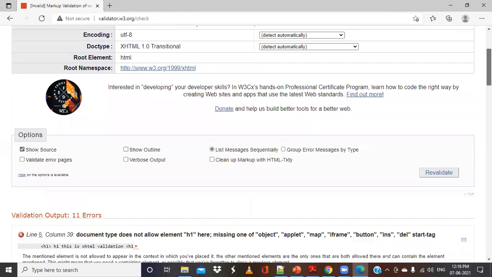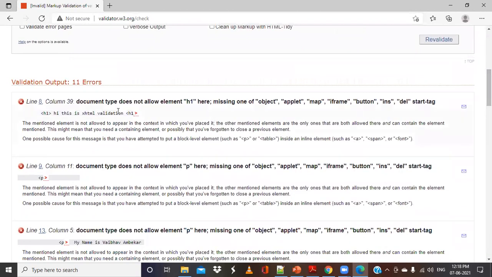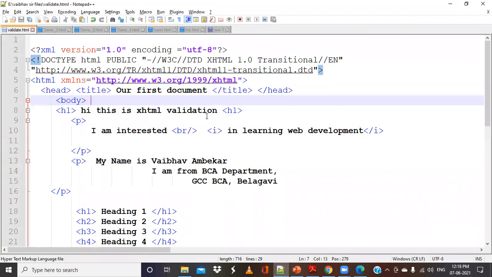The first error is: does not allow H1 element here, missing one of the objects. Like this it will give a number of errors because I have made only one error, that is, instead of closing this tag I have made this, but I am getting a number of errors because what comes after this will also be considered an error, and so on and so forth.